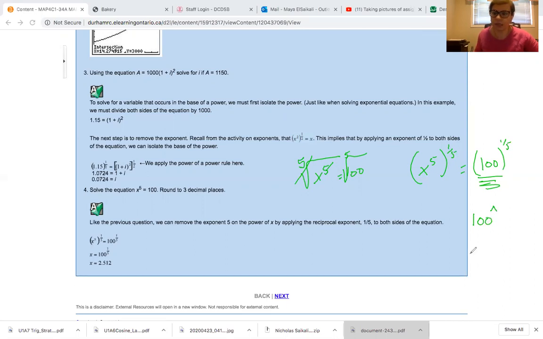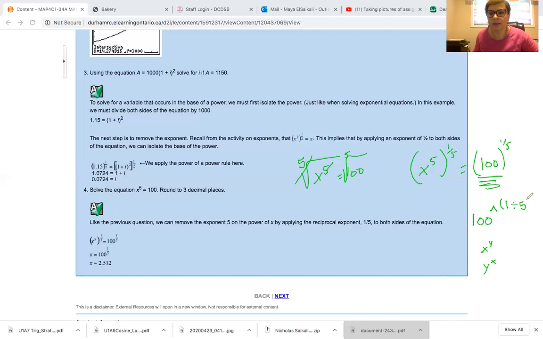It could be like this. It could be something that looks like this, or it could be something that looks like this. So there are different buttons on different calculators, depending on which one you have. If you're not sure, send me an email and I will respond back to you. Take a picture of your calculator and send it to me, and I can point out the different things. So you're going to do 100 to the power, and make sure that you put the 1